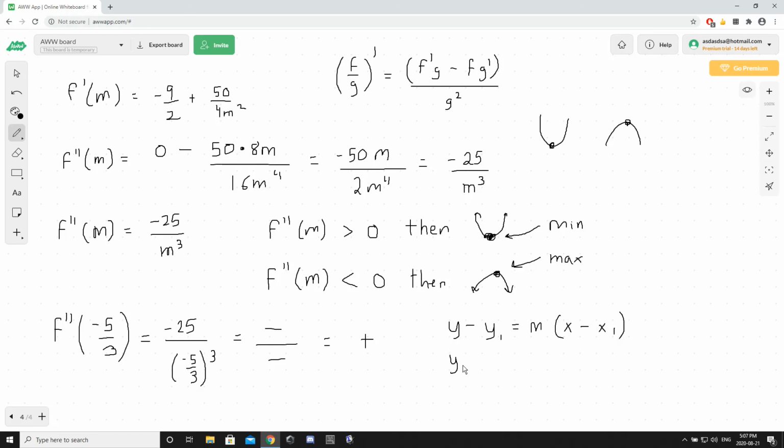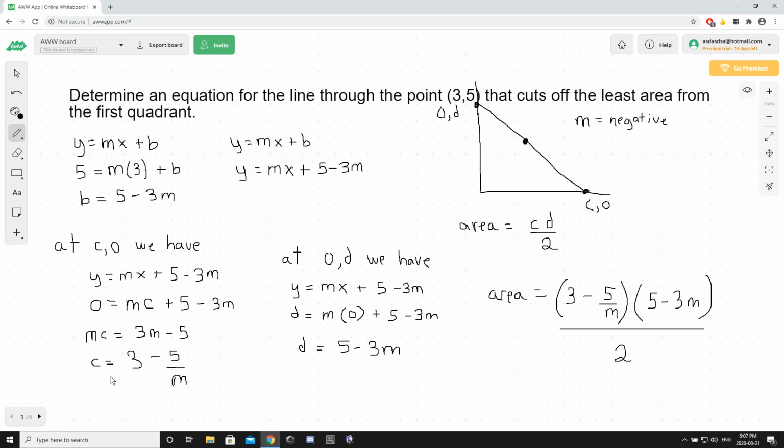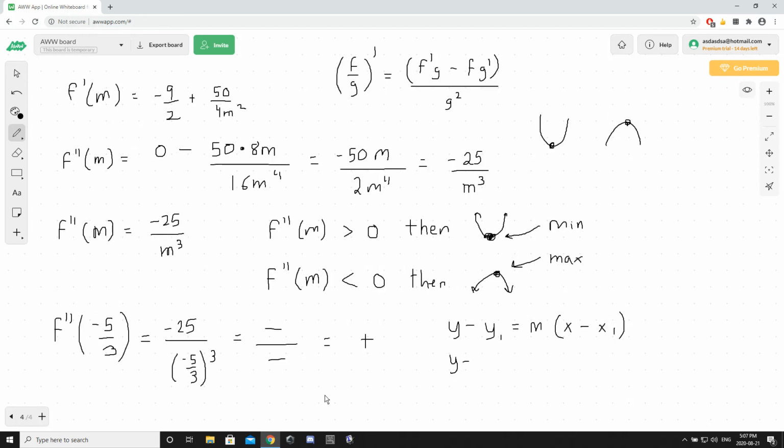So y minus the provided y value of a point on that line, which is 3, 5, so that's going to be 5, equals the slope, which we've already established is -5/3, and we've even checked it twice using the first derivative method and the second derivative test, times x minus x1, which is the x value of that point, which is 3. So now you have y minus 5